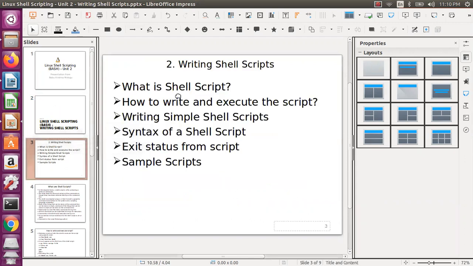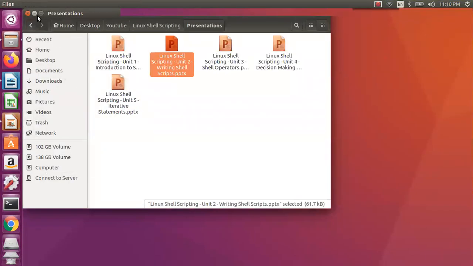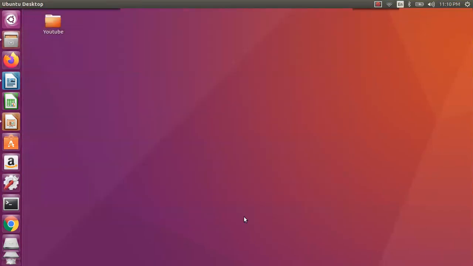So this is writing shell script. What is shell script? You know that one. Shell script is a file which contains the shell commands, like whatever we did: ls, pwd, date. Shell processing will also be there, like loops, functions and all, which we'll see going forward. So you want to do those particular things in the shell. That's what we will be doing.